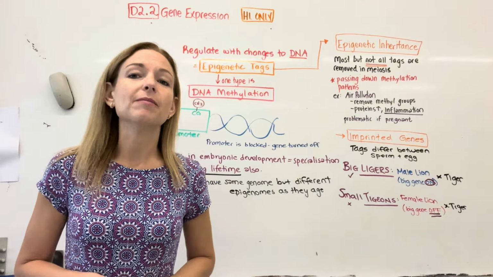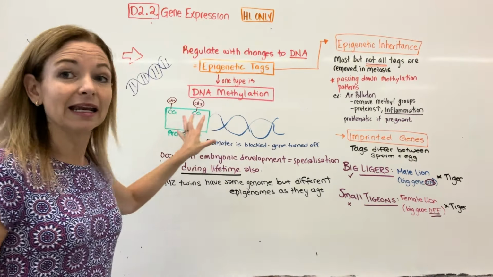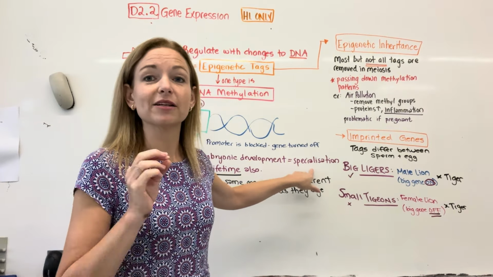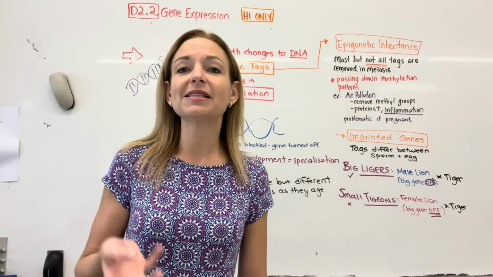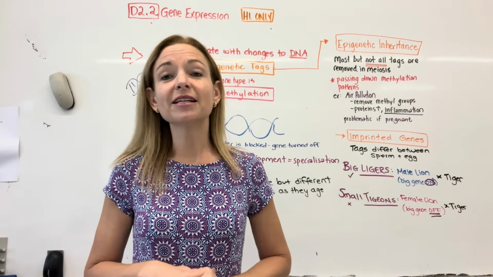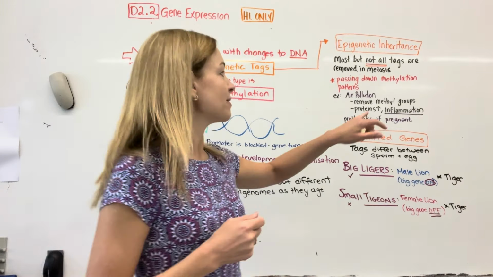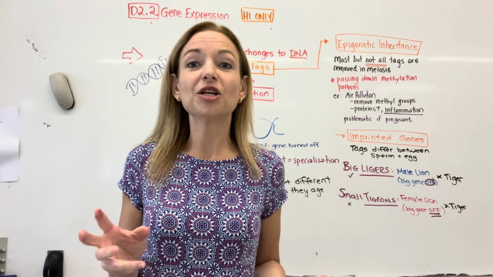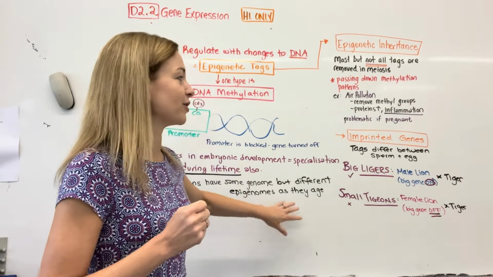Sounds a bit confusing. The main thing is just that you do understand this idea that we lock DNA that we don't think we're going to need. That happens early on to make our cells specialize, but it also happens as a result of environmental experiences, either intentionally or unintentionally. So sometimes our body locks DNA or unlocks it to help us. Sometimes there's just chemicals that we're exposed to that mess up our methylation patterns. And so as a result, we end up with these unique patterns over time.